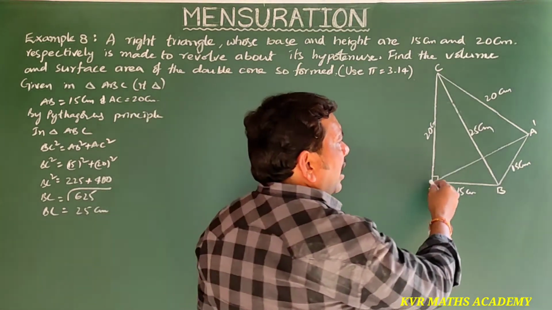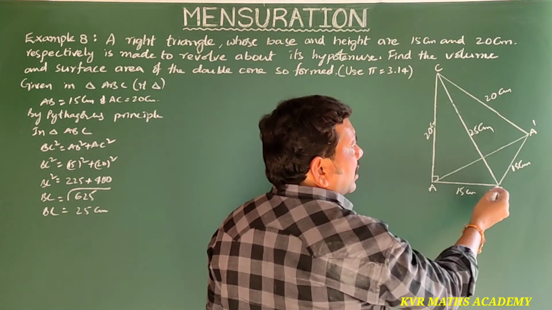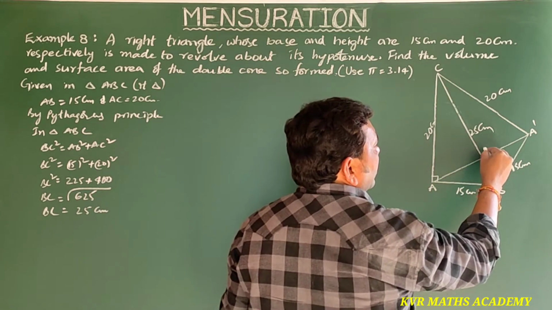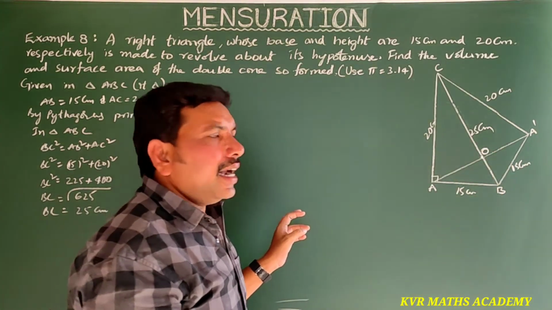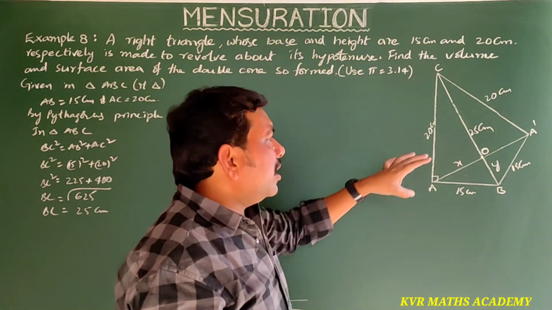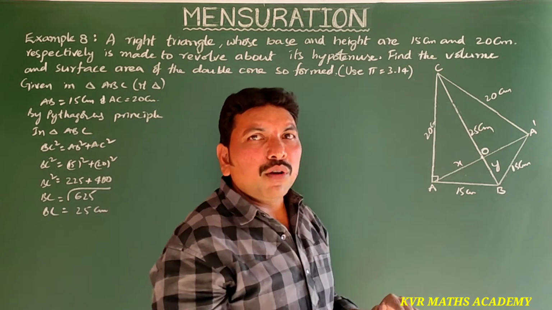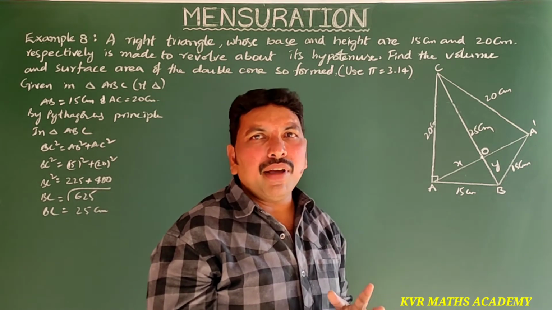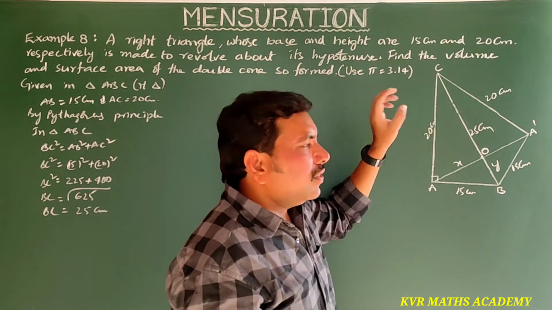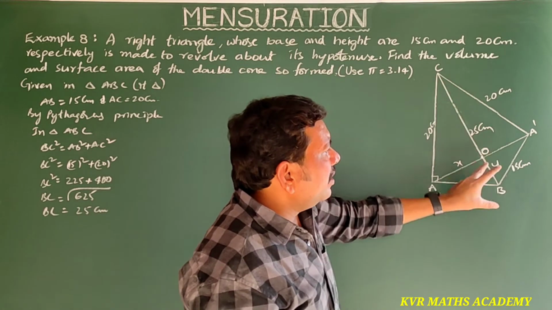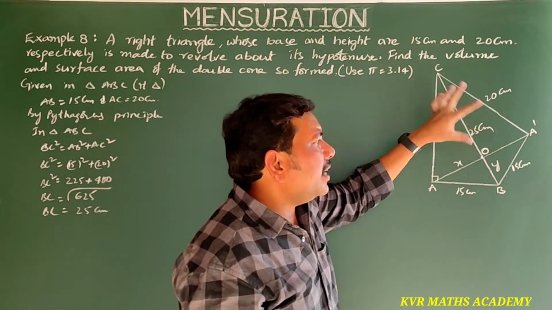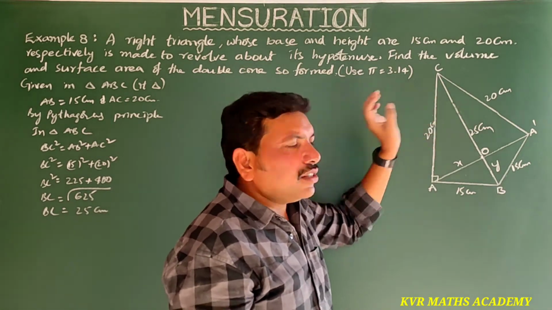Now see here, I have already drawn this figure. Here the intersecting point of BC and A dash B, suppose O, right? Let us take OA as X and OB as Y. Why? Because for the volume of the cone, what is the formula? 1 by 3 pi r square h. Actually, we only know BC. So we have to find OC and OB also. Next, the radius also we have to find. OA will be the radius. So X also we have to find.